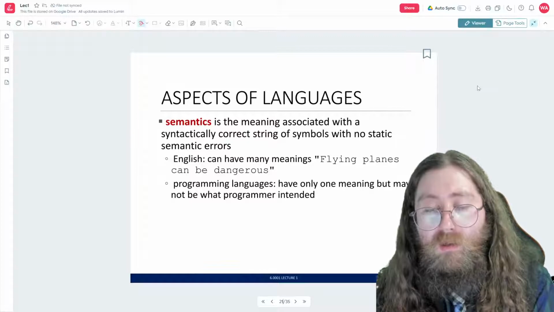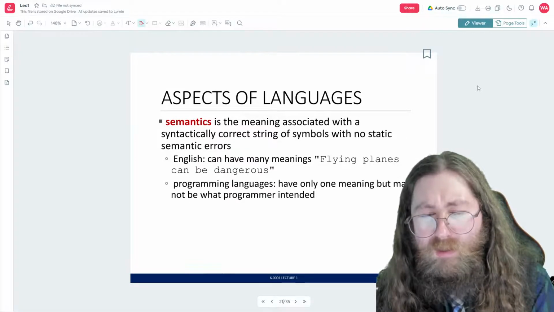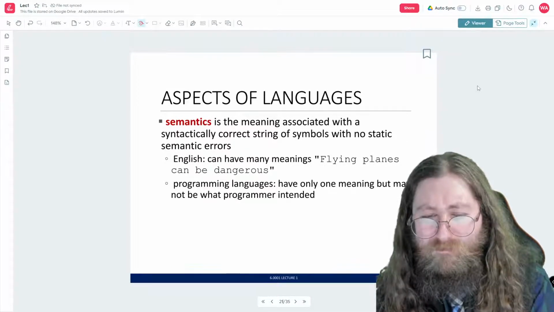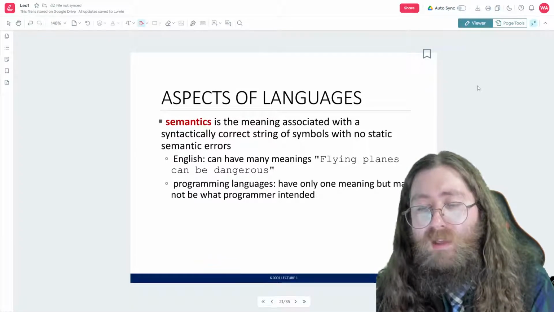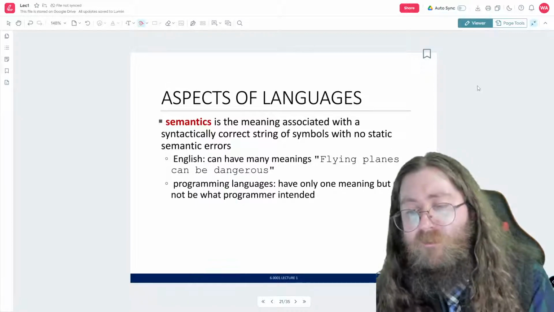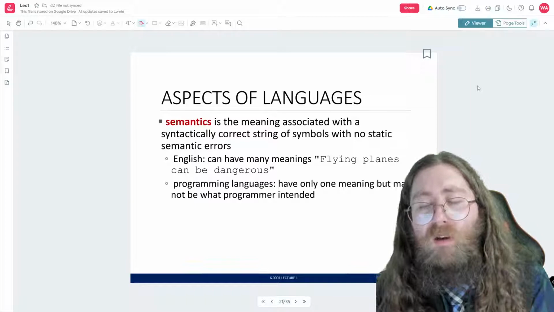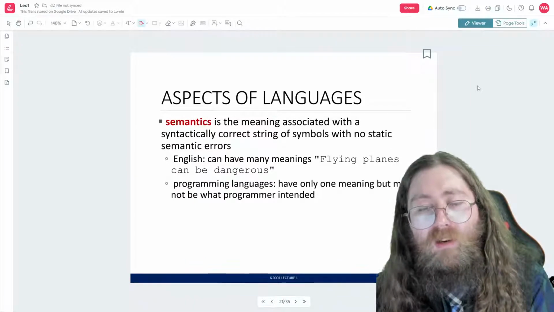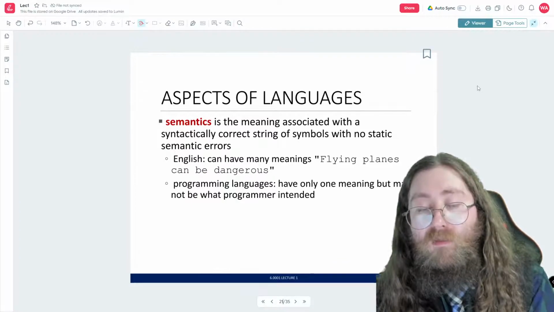So in English, "flying planes can be dangerous." Yeah, that can mean a lot of things, right? It's syntactically valid, it's not a very confusing statement to make, but I have a hard time understanding what is meant by this sentence, "flying planes can be dangerous."